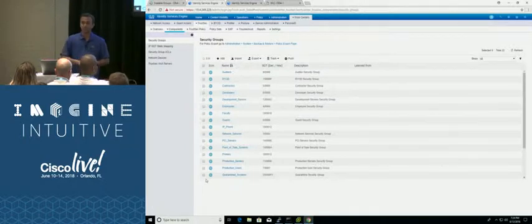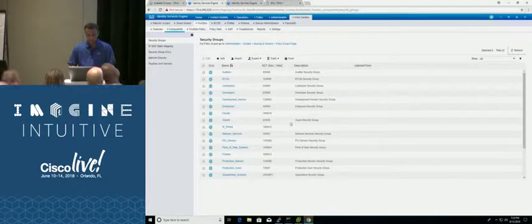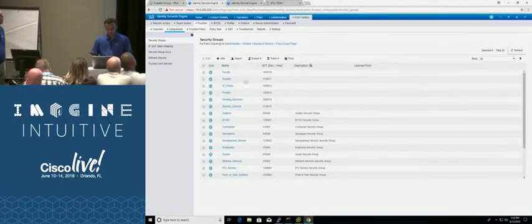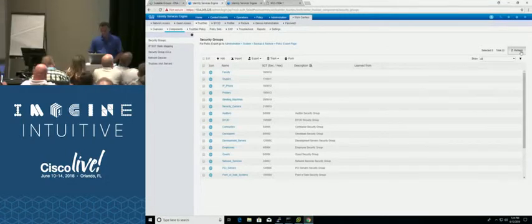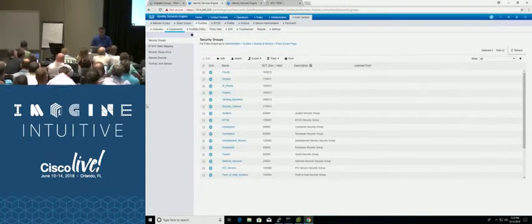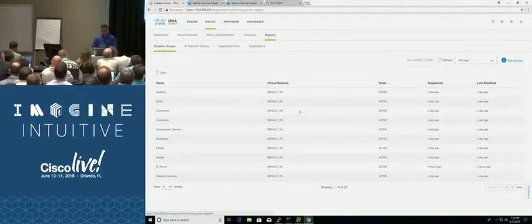So the SGTs, when you go to the DNA Center, you just click on it. It will basically redirect you to the ICE component, right? So you come to ICE and then you create it in ICE. Right, so I just went in and created a few SGTs. When we had it up here, DNAC would just go ahead and read it and auto-populate it in its table as well. If I go back here and do a quick refresh, you would see